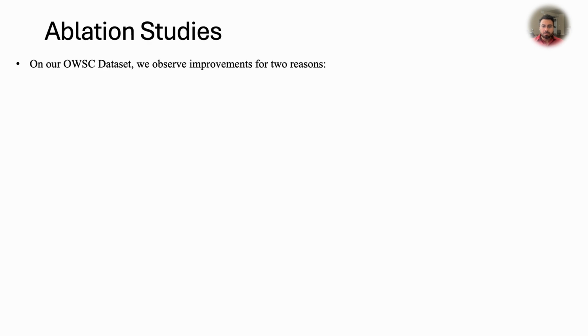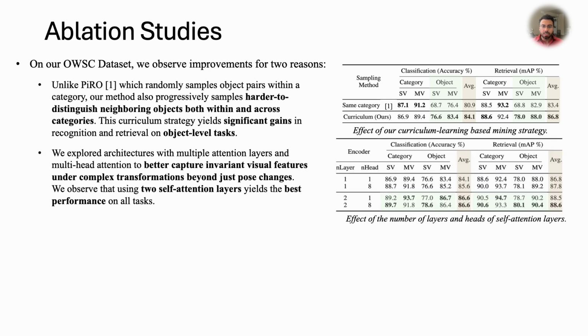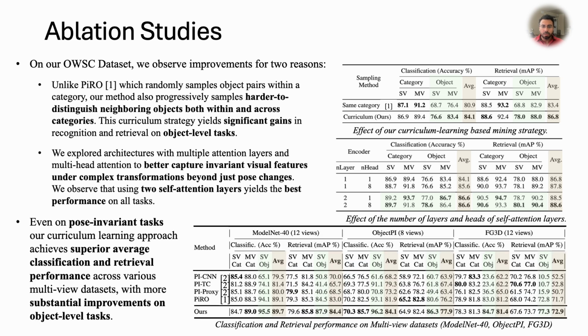In our ablation studies, we observed that these improvements are for two reasons. First, our curriculum learning-based mining is better at separating neighboring objects within and across categories than Pyro, which separated randomly sampled object pairs only from the same category. Secondly, using two self-attention layers instead of one helps capture invariant features across more complex state changes beyond just pose changes. We observed that our curriculum learning approach also improves performance on object-level pose invariant tasks for three multi-view datasets,